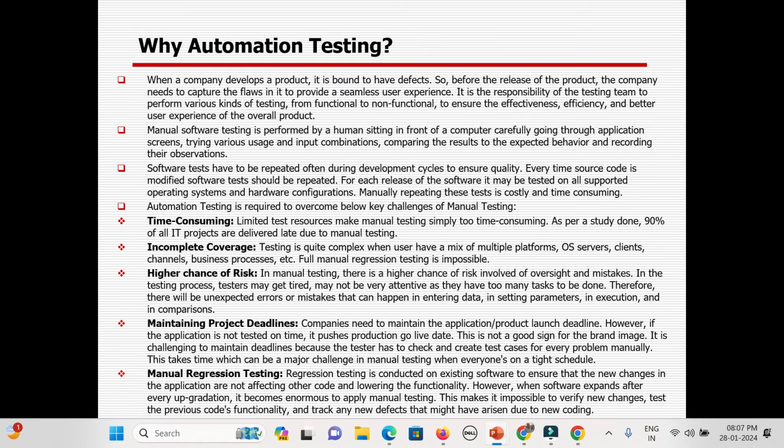So why automation testing? What we generally used to do in software testing is create the test scenarios and test cases, and execute them manually. We used to do system testing, integration testing, end-to-end testing, all this stuff. We used to log the defects manually. But the manual process takes time again and again and again. Suppose today you are executing 100 test cases.